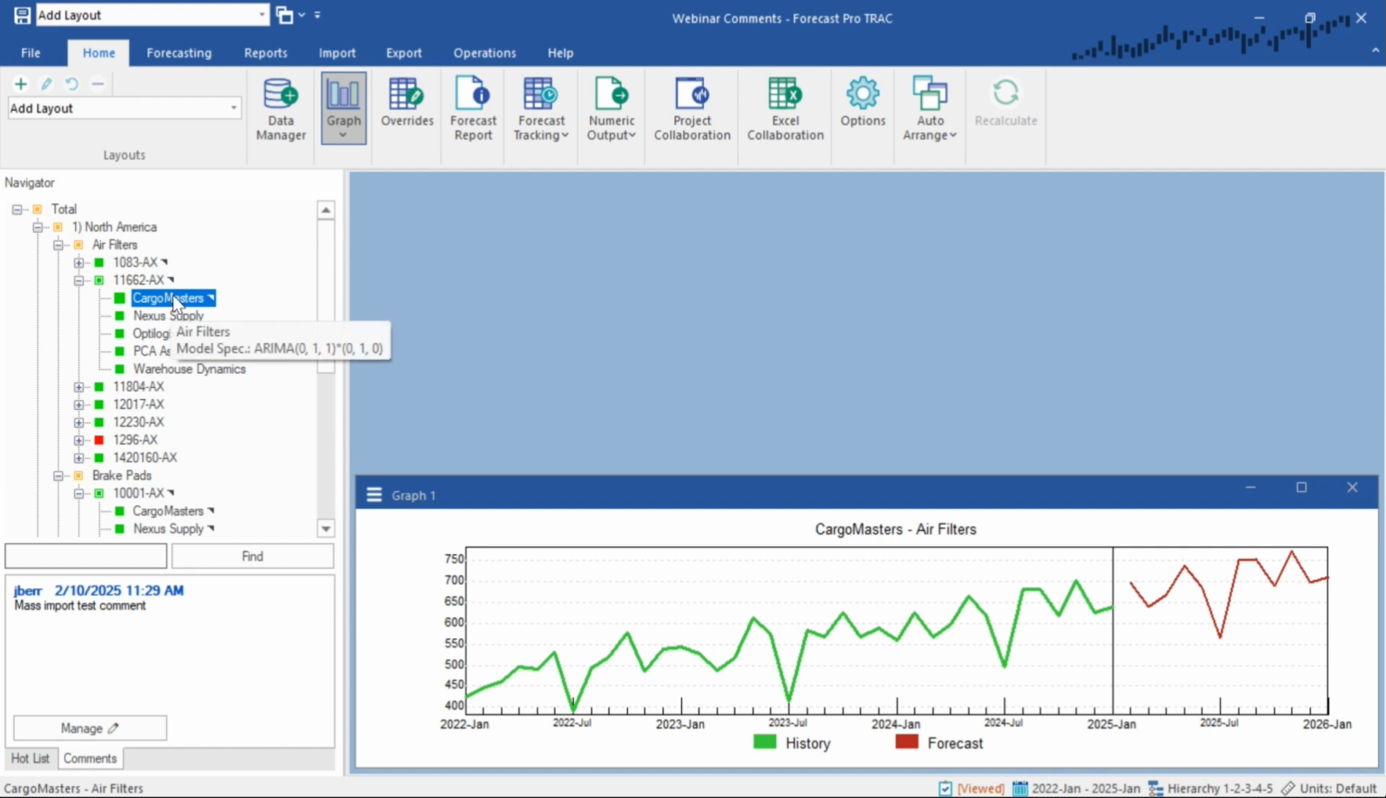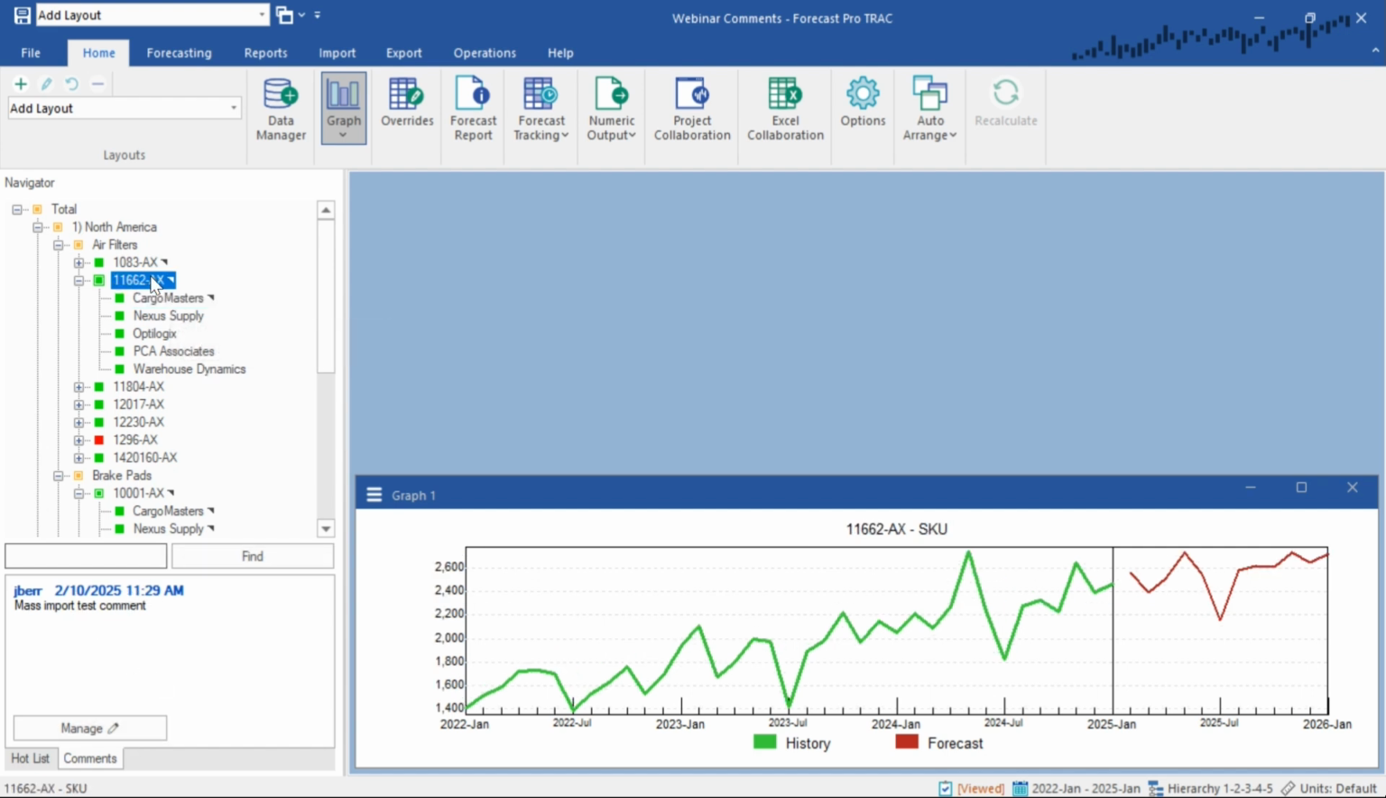And you'll see our comment came in here for our Cargo Master. You can see it says mass imported test comment, and you can also see it here at the SKU. So I was able to bring these in en masse. If I do have a lot of comments that I need to bring in all at once, we can do that coming in from Excel and bringing this in all at once rather than individually doing these